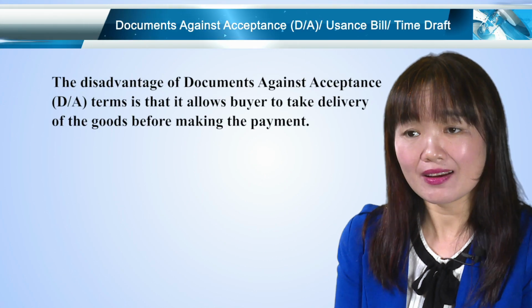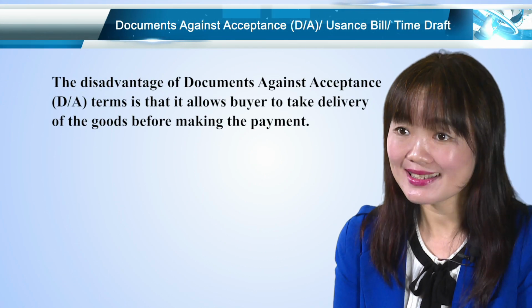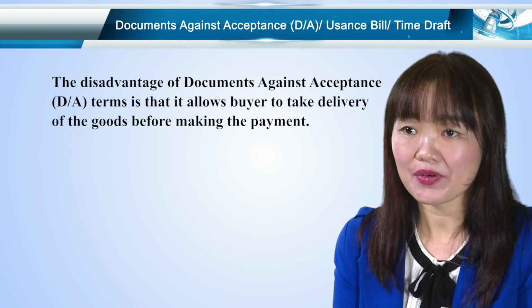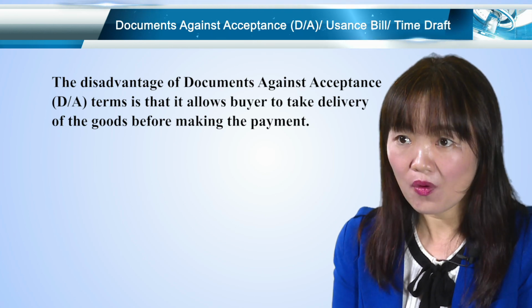The maximum usance period is 180 days. The disadvantage of documents against acceptance terms is that it allows the buyer to take delivery of the goods before making